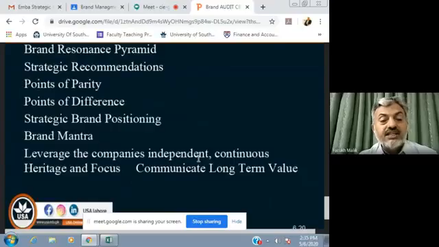Now, this is where the chief brand officer steps in, and he takes care of all of these things of brand resonance pyramid, strategic recommendations, points of parity, points of difference, strategic brand positioning of the brand, devising a brand mantra for the brand. And they can also involve other advertising firms, and they can do crowdsourcing as well, that we want to develop a brand mantra for our brand, and we are open to